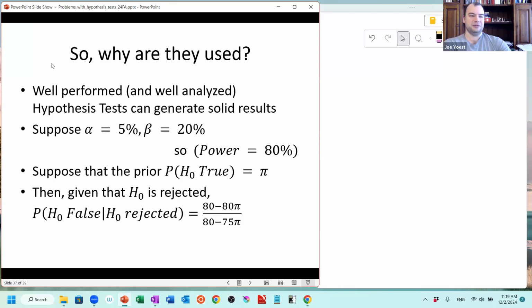On the flip side, I've kind of denigrated hypothesis tests for the better part of an hour now. To be fair, to give them their due, well performed and well analyzed and well interpreted and well communicated, hypothesis tests generate solid results. I mean, this has been the standard for 100 years, and I think most people would agree that, say, in medical science, for instance,